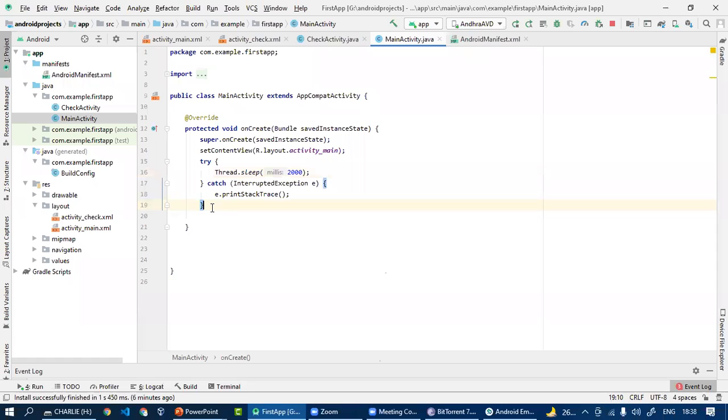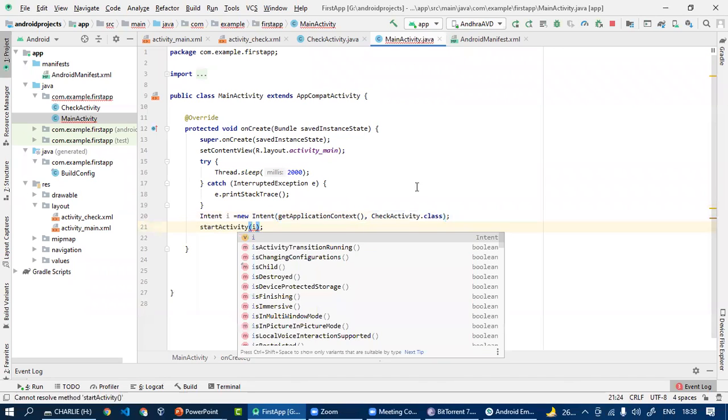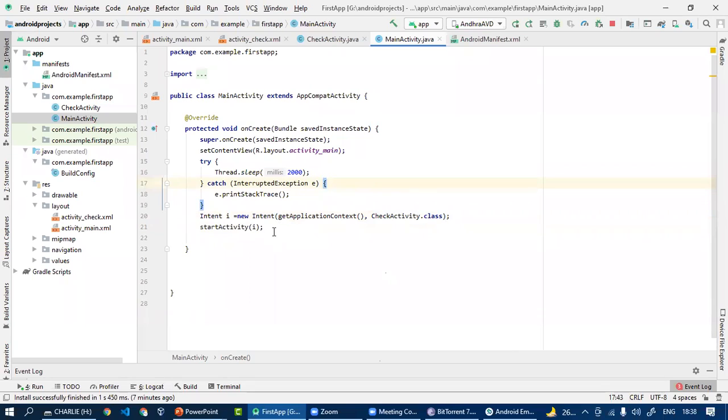When the thread resumes, we apply some intent, the same operations which we have written during the button click operation. So if you run the main file,